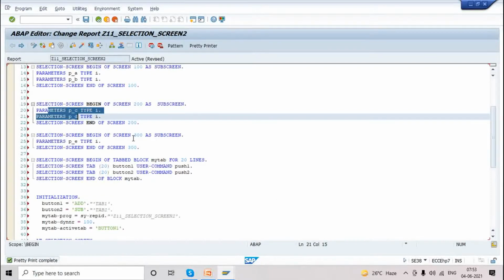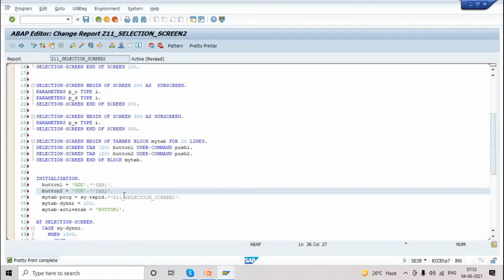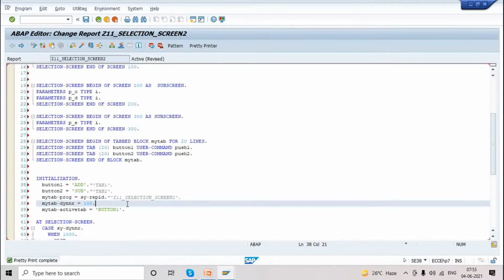Now what are we supposed to do? Next step, initialization. First we have to initialize the selection screen, right sir? We have to add button 3 also. Which line?